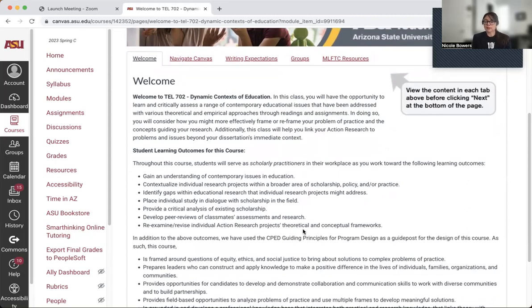We'll do some readings and come to some understandings about what those issues are like in current context. And we will practice with those kinds of theories and approaches, looking at your context through the lenses that we learn about here. This course is designed to help you understand these contexts and these concepts.